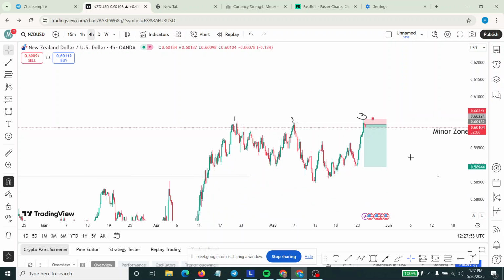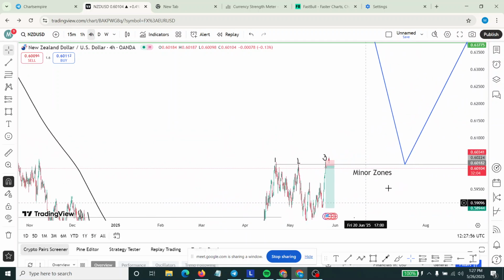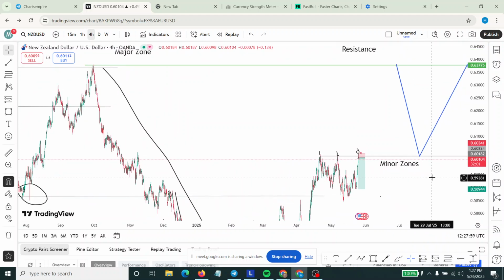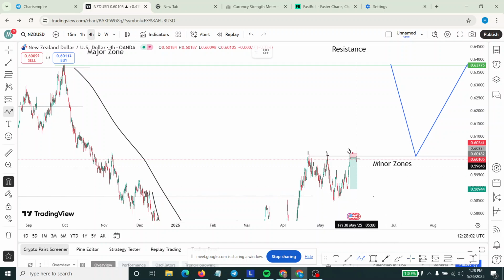And also let us understand that once this minor zone did not hold, and we experience a breakout, with that breakout we expect the market to break out of this minor resistance zone, and once the breakout happens, we expect the market to give us a what? With the breakout, what are we expecting the market to give us? To come back. Exactly, we're expecting the market to come back and test